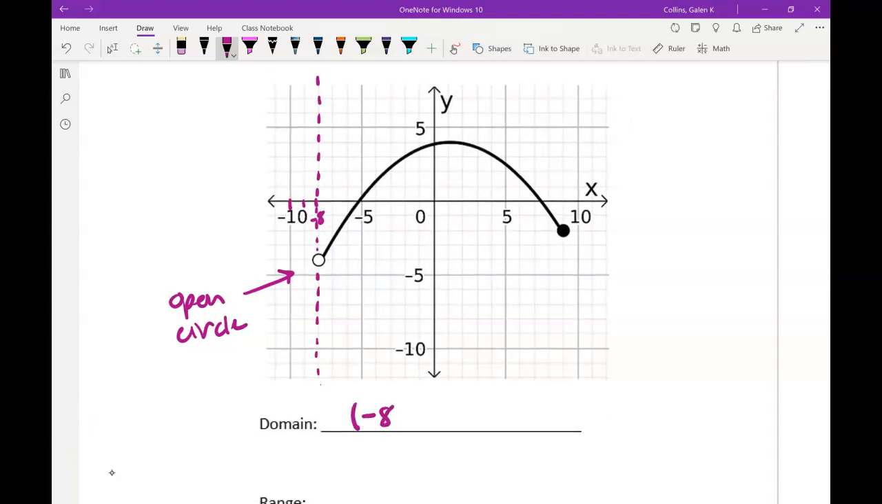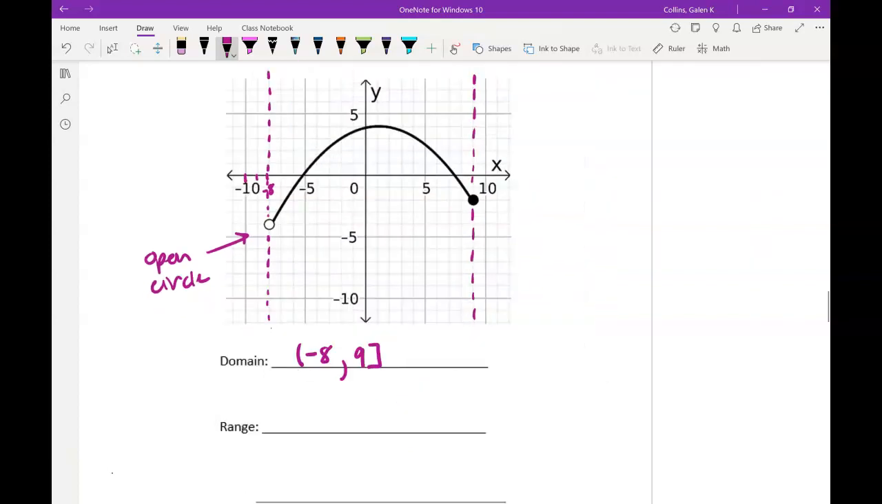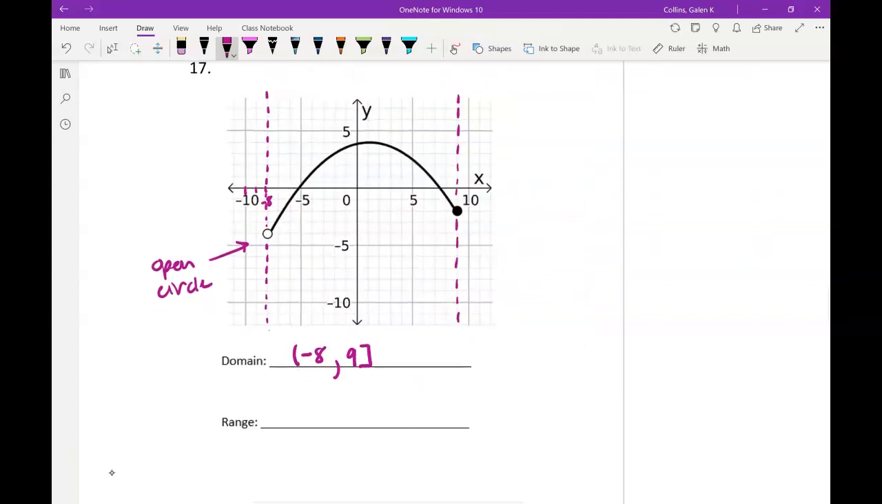So that's when we use a parenthesis. Then my domain continues all the way over to where x is equal to +9, and we include 9. So we use a bracket. Again, it's not interval notation, but I think it's good to remember that this is how we could express that as an inequality. All right, for the range,